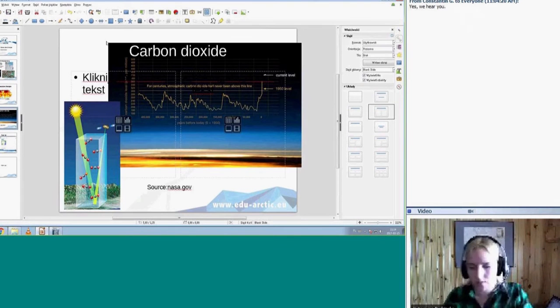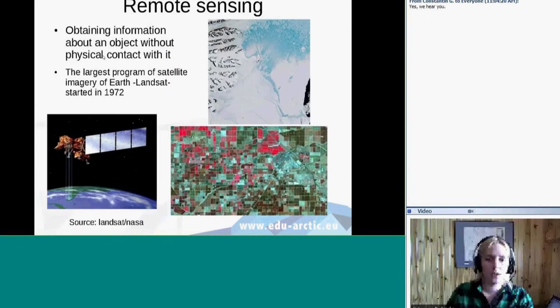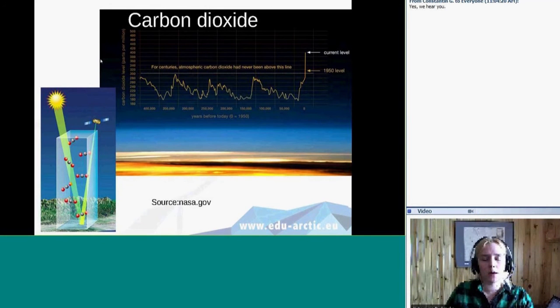One of the things that are usually talked about regarding climate change is carbon dioxide. And this is closely related not only to natural sources like volcanic eruptions, but also to human activity, because, well, as we are burning fossil fuels, we are emitting carbon dioxide. And well, here you can see these are direct measurements, and this is based on ice core